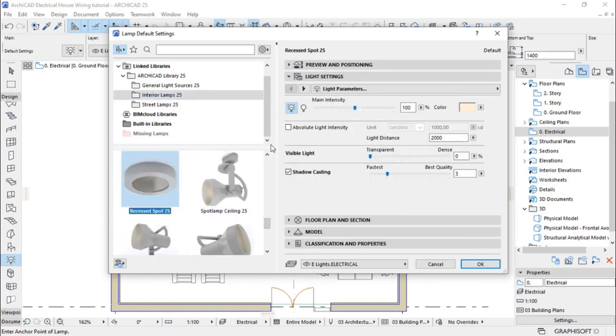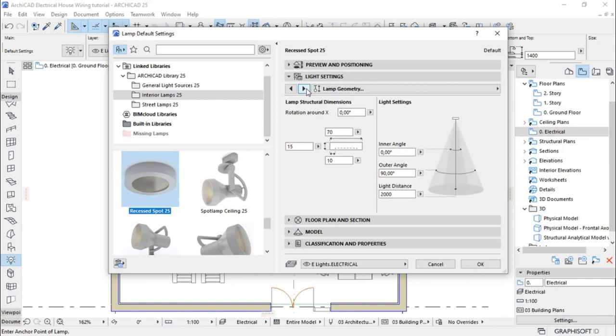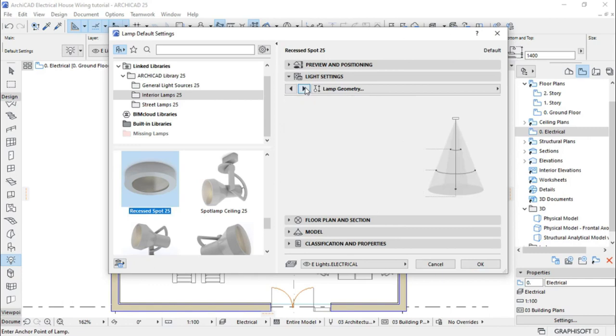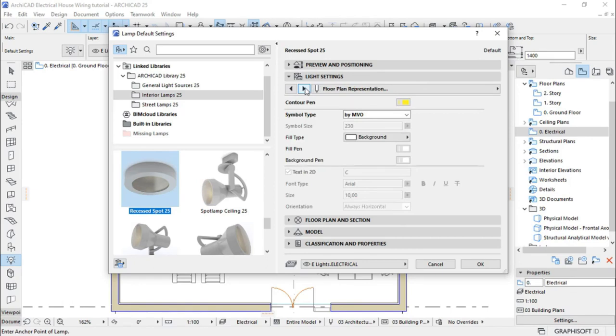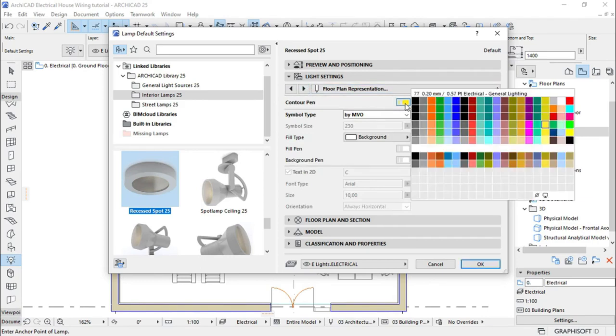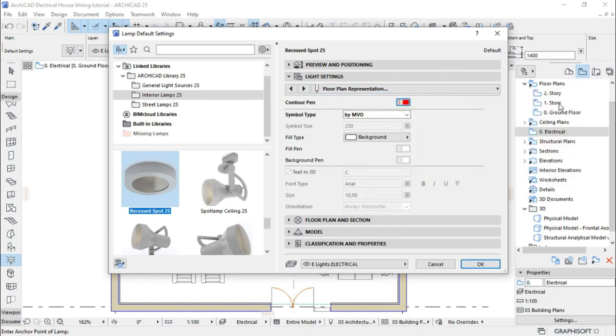Let's click on it and then move to the light settings and open the lamp geometry by clicking here, and then again you can click here to open the floor plan and representation. So I'm going to change this to color red like the others, and change the symbol type to electrical, and make the